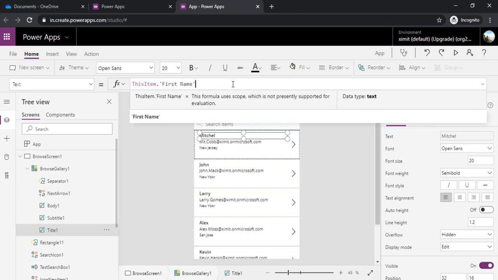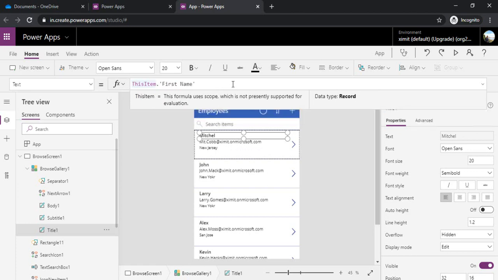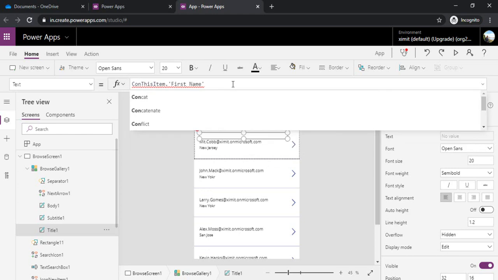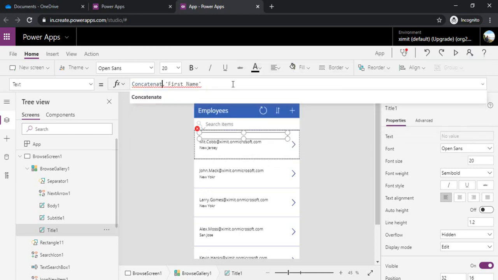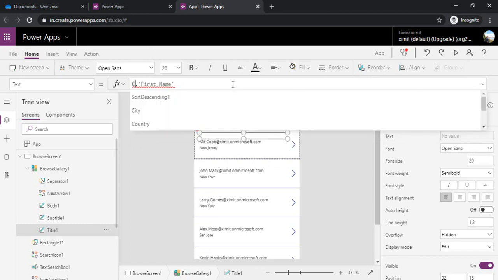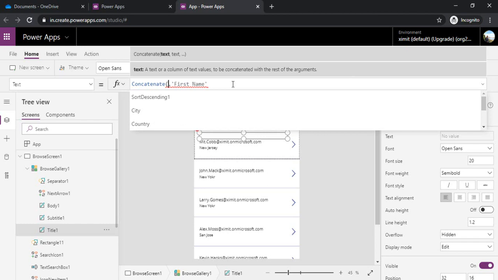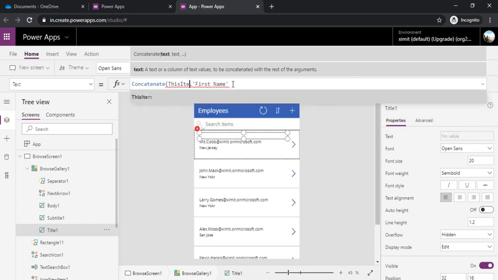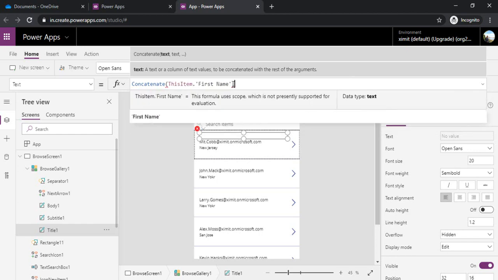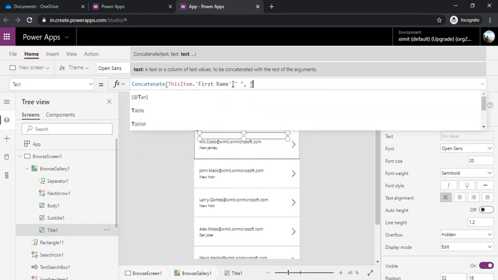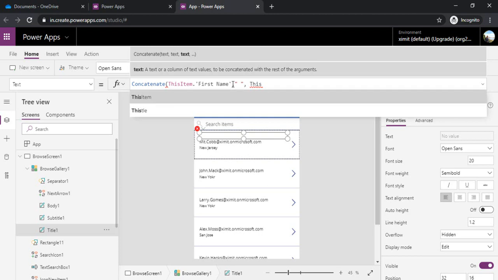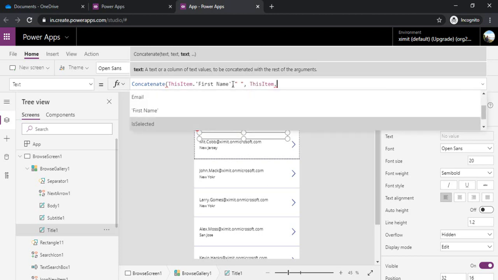You can use the function concatenate, which will take arguments, and I can pass a space, and I can again type in ThisItem dot, then it will start giving me all the fields which are there in my Excel file.